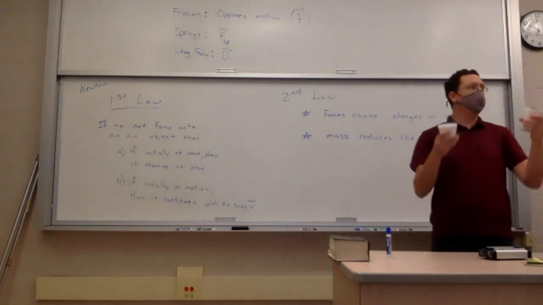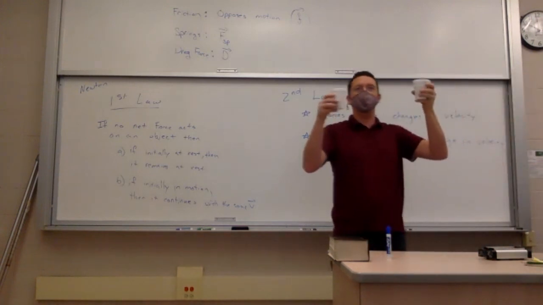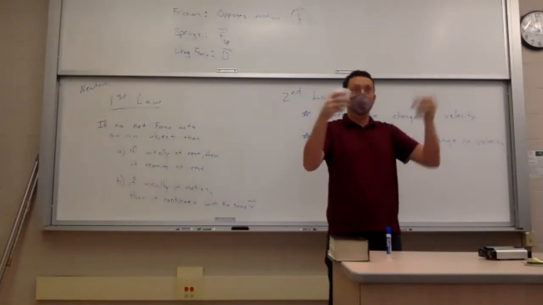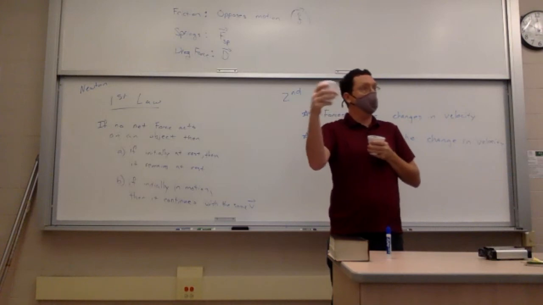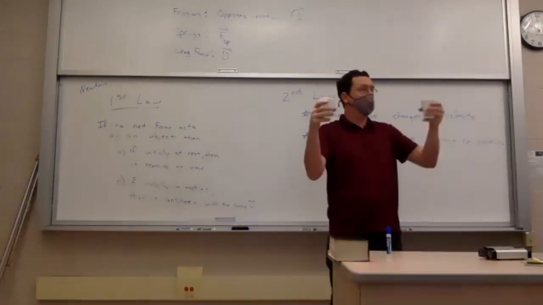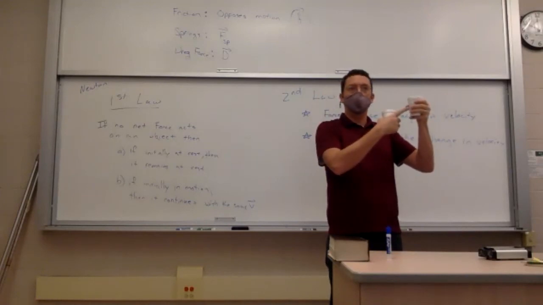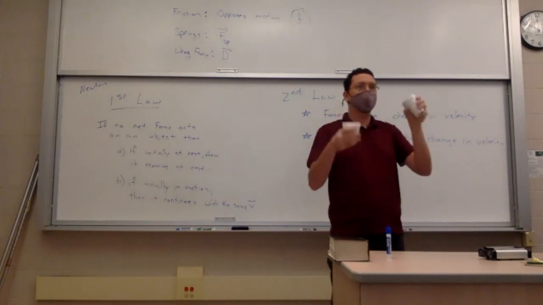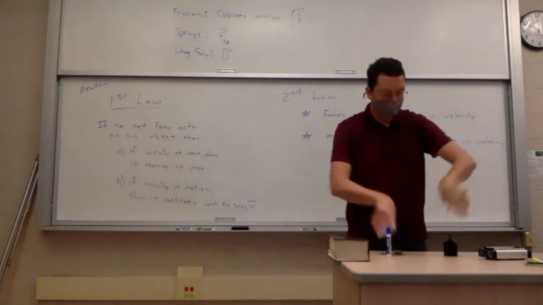So assume I didn't know what I just did. I have two cups with different masses inside them, okay? But if I try to shake them, right? A shake, that's not constant velocity, so that's accelerated motion. Acceleration, acceleration, acceleration, right? This one is much harder to accelerate. It's much harder to shake this one back and forth. No wonder it has a much bigger mass than the other one.